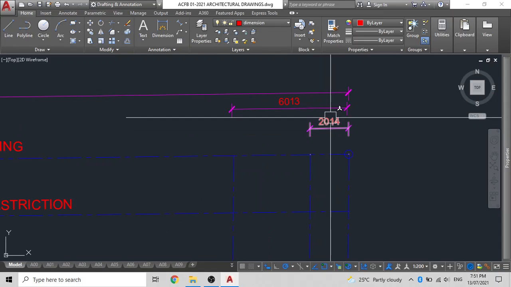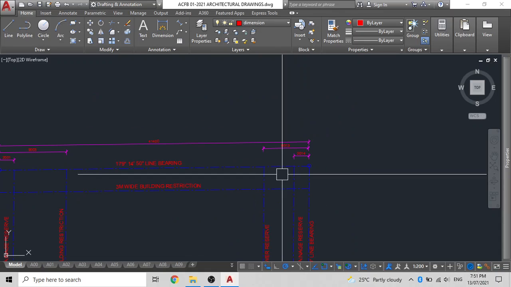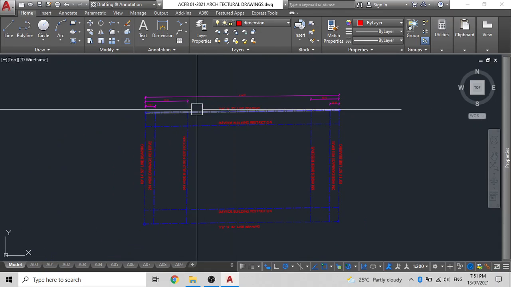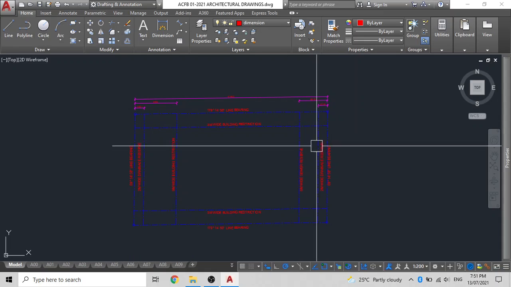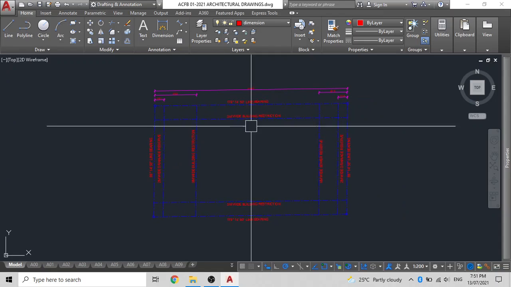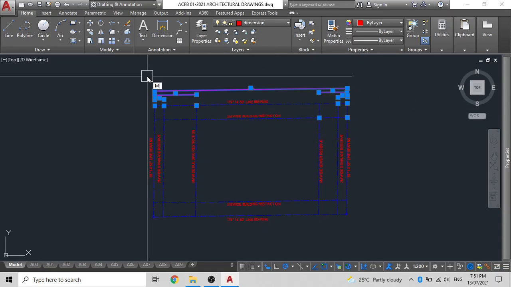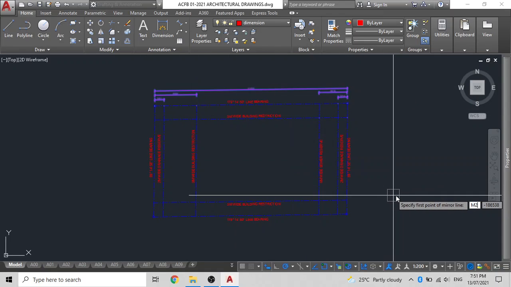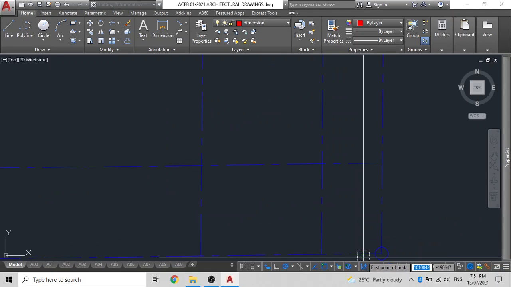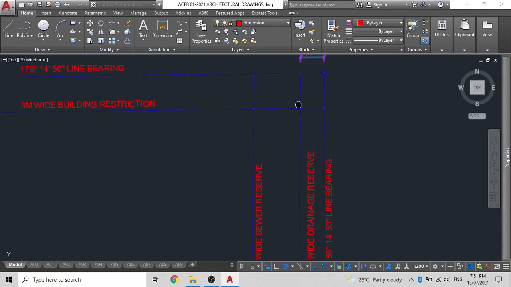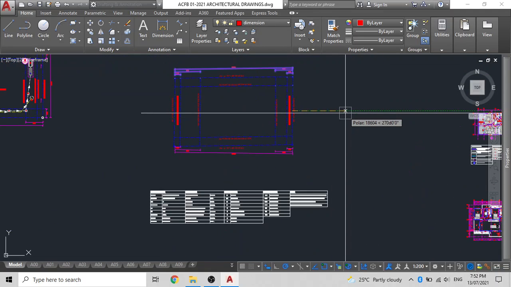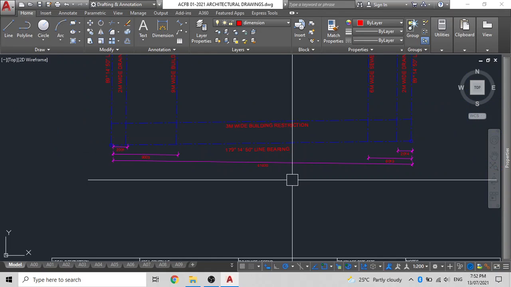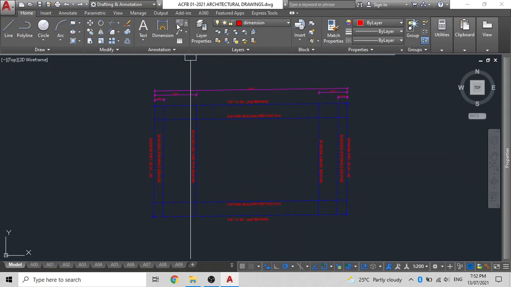There will be slight difference in the distance because of the angle of the lines. So you can either adjust it or you can leave them as they are. Similarly, what we can do is we can mirror this down or just leave it. But for this case, I'm just going to mirror it downwards. As you can see that the alignment does not look good enough, so we won't be using that. We'll have to redraw the entire dimension.